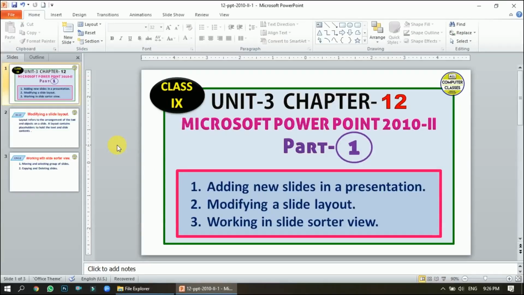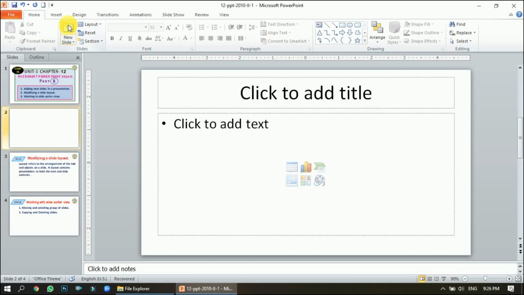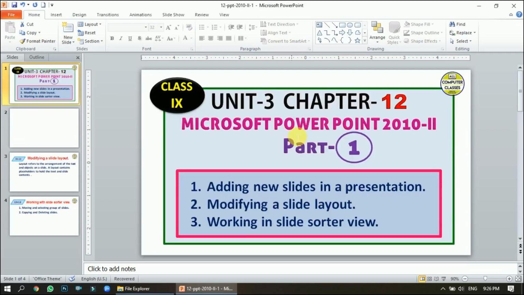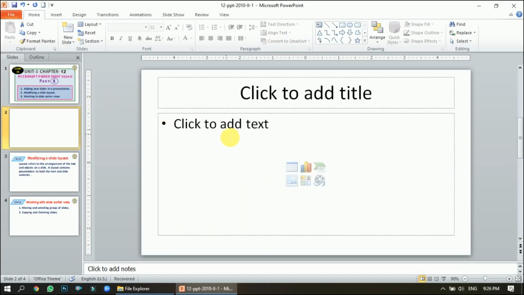To add a new slide into your existing presentation that has the same layout as the previous slide, just click on the upper part of the New button, right? So the new slide again has the similar layout as the previous slide. I have modified it according to my need, but the basic layout was this only.